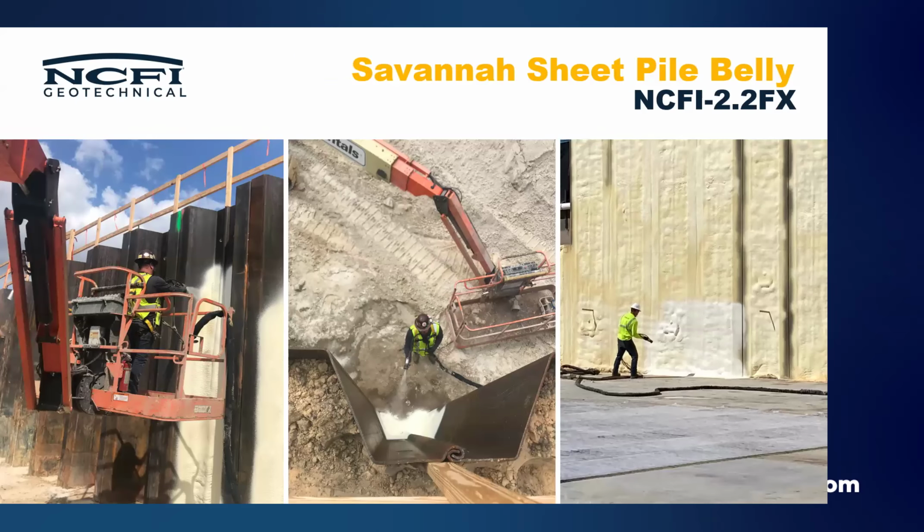This was a really unique project I did down in Savannah, Georgia. This was initially basically just an ask from the general contractor. The seek and pile wall was put in Savannah, Georgia to be the walls for a parking garage for a high-rise condo building that was going in. And they wanted to put a dimple board waterproofing membrane in front of it, but they wanted a flat surface to do it. Instead of undulating in and out of the bellies of the wall, they just wanted a flat